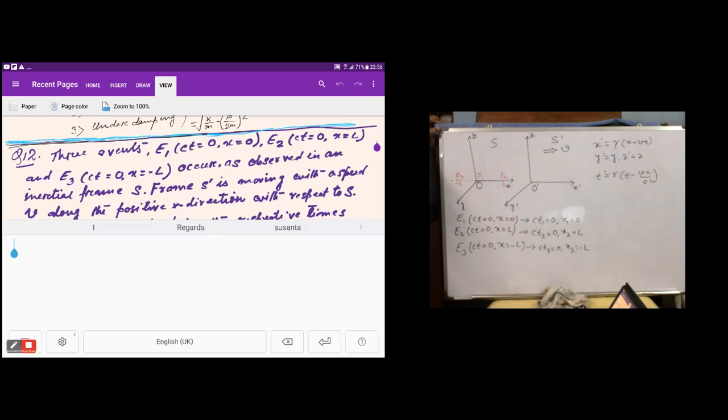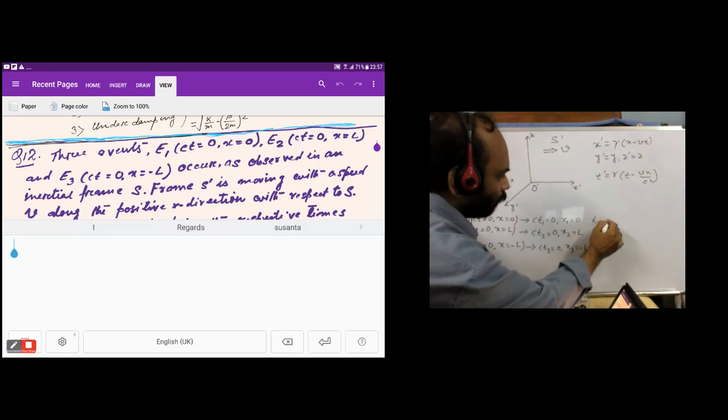T0 means time is 0 because C is the velocity of light, which is 3 into 10 to the power 8 meter per second. Therefore, our time is 0. So all the events are happening at the time t equals to 0. So since we need to transform